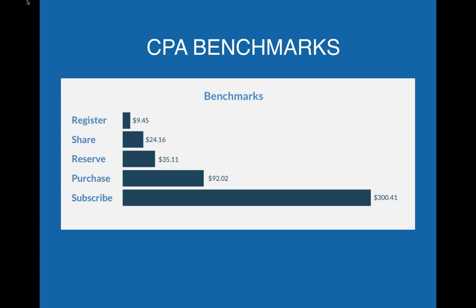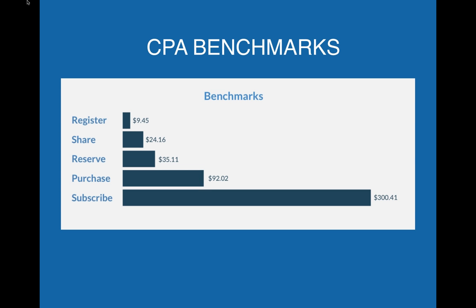But more generally, payment is one thing, but what we see influences these prices the most is the notion of friction. The more friction there is, the higher the CPA is going to be, and friction covers money, requiring the user to pay, but it also requires time. It's also effort. If it's harder for a user to accomplish a given action, there's just going to be more drop off. The conversion rates are going to be lower, and so the CPAs are going to be higher. And so purchase is usually high friction.